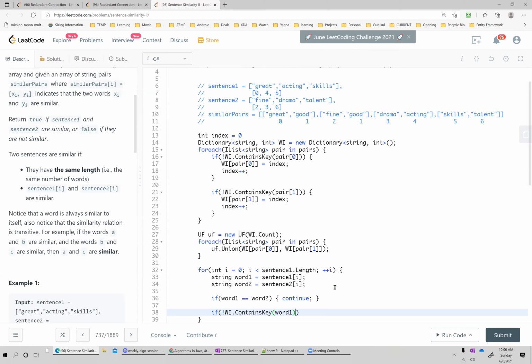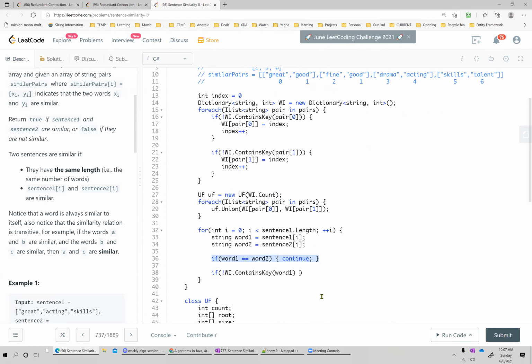If we compare word 1 and word 2, should it not be dot equals? Or is it a language thing? Is it a C sharp thing that we can compare this way? Yeah, I think that's an overloaded operator. By default in C# and Java it is overloaded, so you can do this in Java and C#. That's correct. If you want to do some special comparison, for example, ignore case, then you have to use the inbuilt compare function.